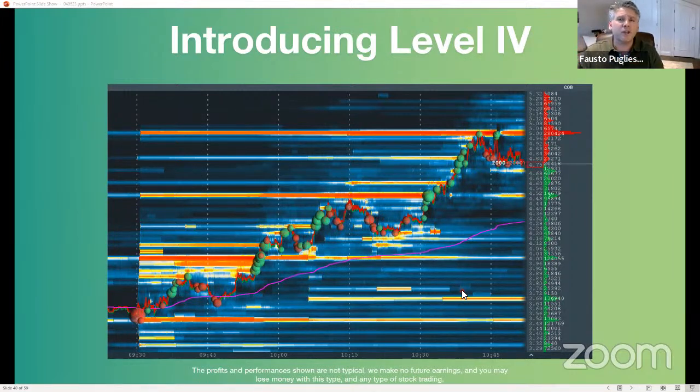Now, let's talk about something called level 4. If you thought level 3 was pretty cool, wait till you see level 4. So this is basically level 3 right here, and this is level 4. So here's your 3 and here's your 4. Now, 3 you could see is a lot of numbers, so sometimes some of us get a little confused. They say it moves too fast, whatever it is. But now we're going to implement it on a heat map. Let me just clear this out and change the slide here.